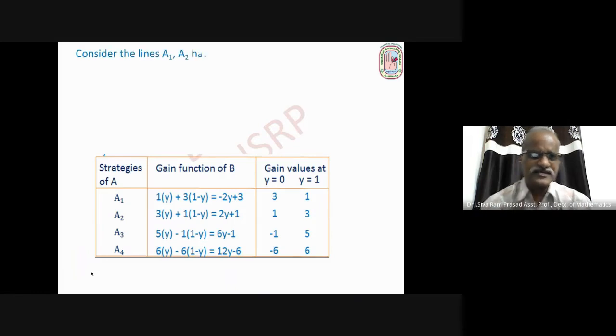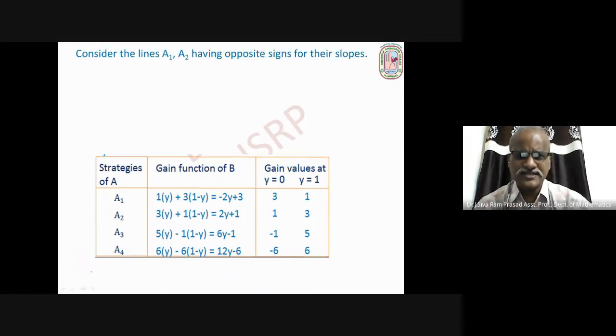Okay, right. Consider the lines A1, A2 having opposite signs for their slopes. Or you can observe from the equations also. So slope means coefficient of y. Here coefficient of y is negative, here coefficient of y is positive. Therefore, these 2 lines have opposite signs for their slopes. Okay. So from the original matrix,